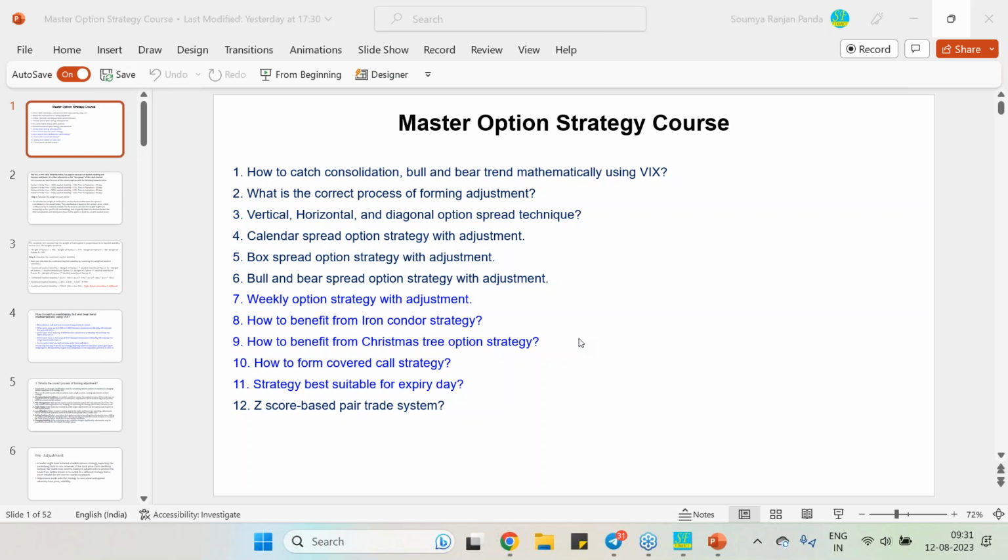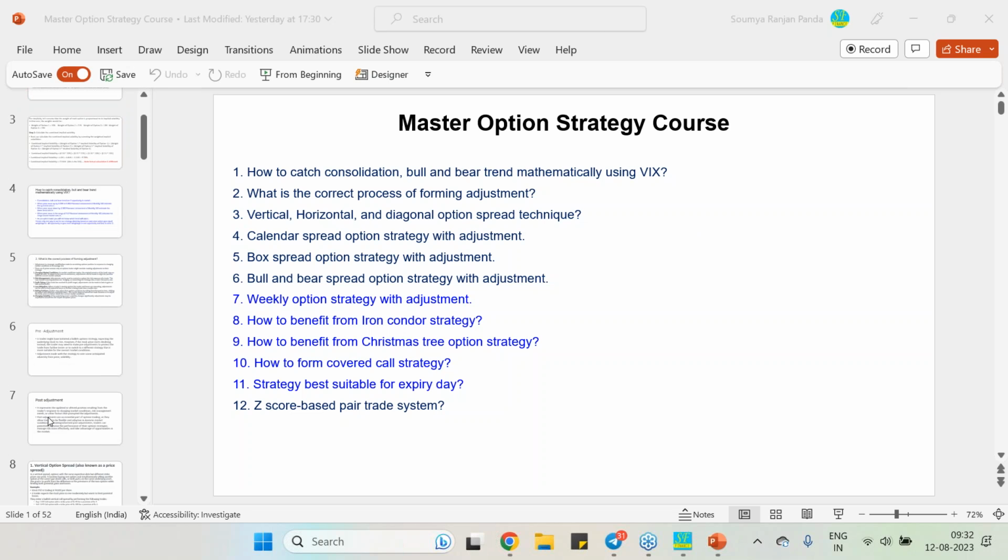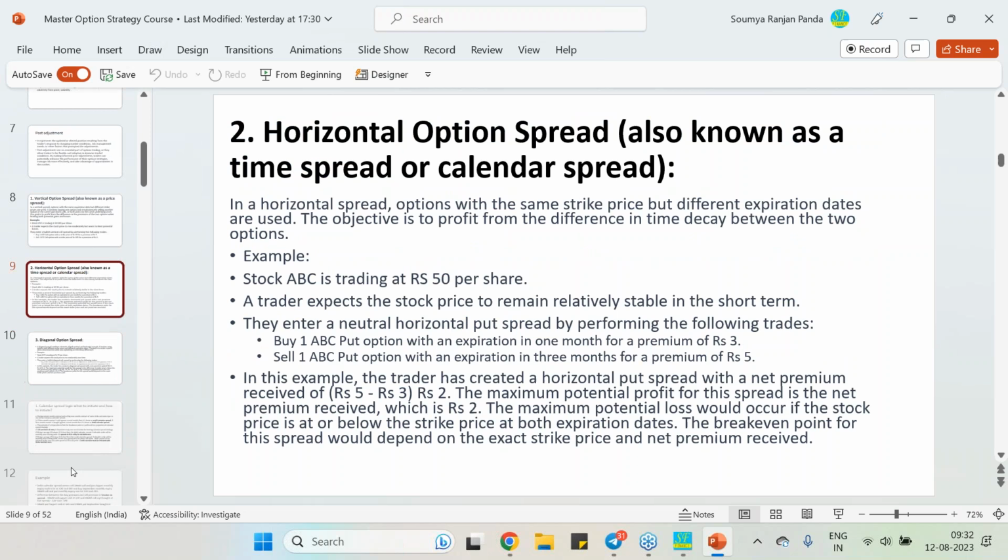Then I will take you to the iron condor strategy. Two things I will be covering, and the covered call strategy if it is there, that also I will be covering. And then tomorrow we'll have the last session where I will be covering increasing mastery of option strategy and other things. So when dealing with the weekly option strategy, weekly option